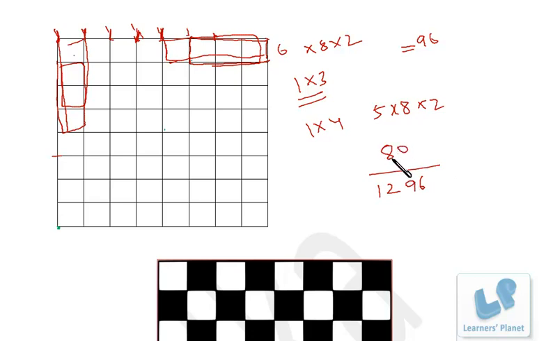Or in how many ways can we select the rectangles in a chessboard having dimensions 1 by 4? So these are 80 ways, right? So in whatever way a question is asked, it doesn't matter if you are conceptually clear. Okay. Similarly, now let's try to make the other dimensions also, 2 by 3, 3 by 4. The method will remain the same, but there is a twist. So let's discuss that.